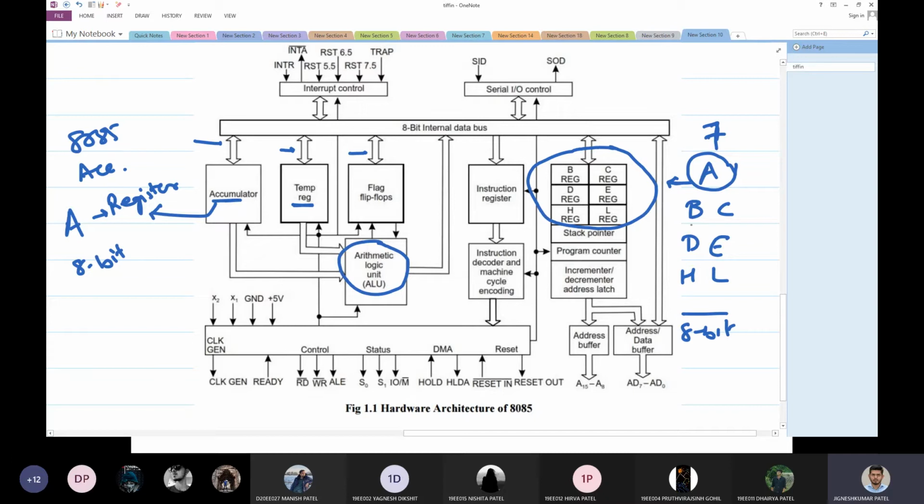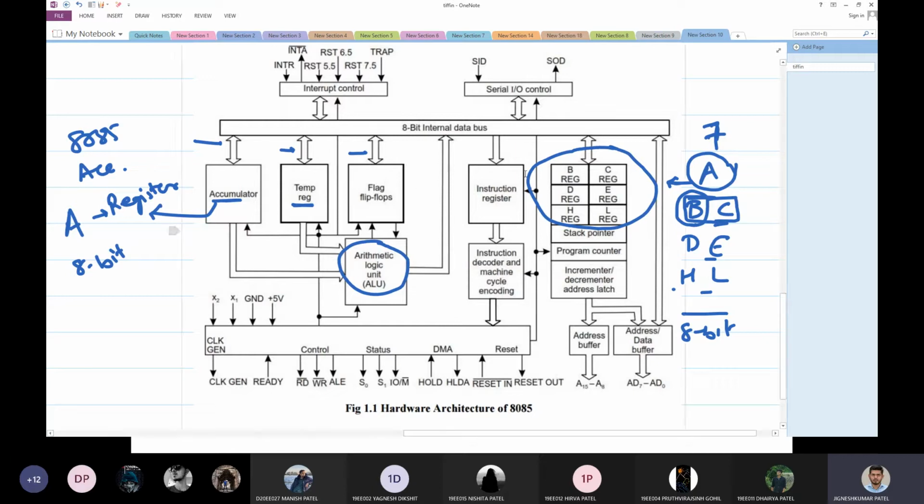Other than that, I have written these registers differently, like B along with C, D along with E, H along with L. Why have I done that? Because I can use each register individually, as register B, or I can use them as a register pair to store 16-bit data: BC pair, DE pair, and HL pair. We'll see later how to do that. It can be done.